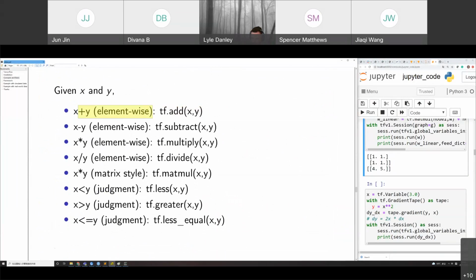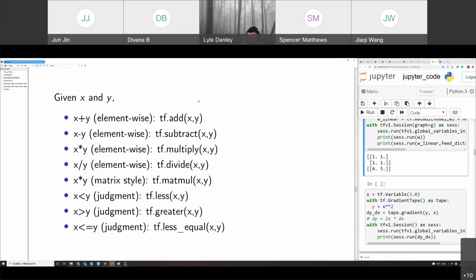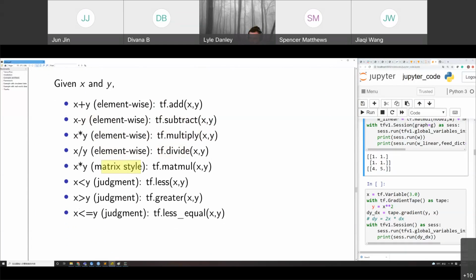tf.add just adds these two elements together. It is element-wise, and if the sizes of the two elements do not match, then it will broadcast. You may know broadcasting in Python, right? This is a fundamental thing. You can use tf.subtract to do the minus, and the element-wise product can be implemented by multiply, and element-wise divide can be directly implemented by divide. Matrix-style product can be implemented by tf.matmul, and there are three comparisons which return Boolean values: less, greater, and less-or-equal. So these are commonly used